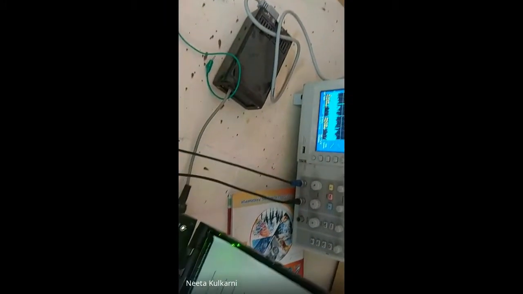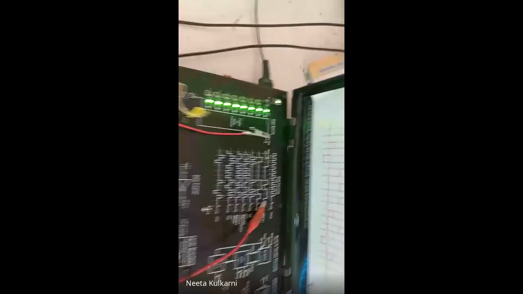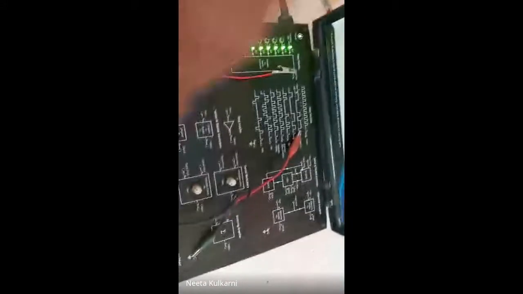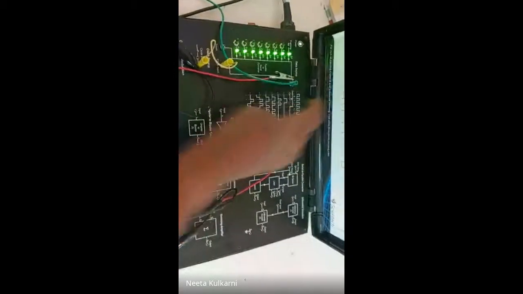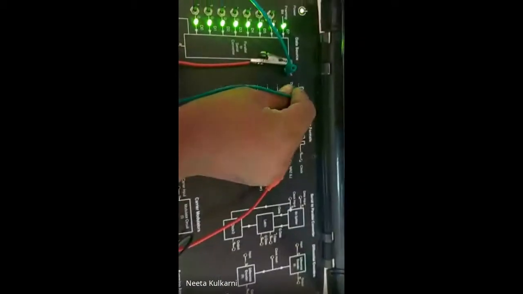Now the yellow color one I have connected to the output of the data format. And whatever is the other yellow color output, I will connect to this NRZ. Okay, and one more connection is required here. This is the data input that is generated, that we have to give to this block.